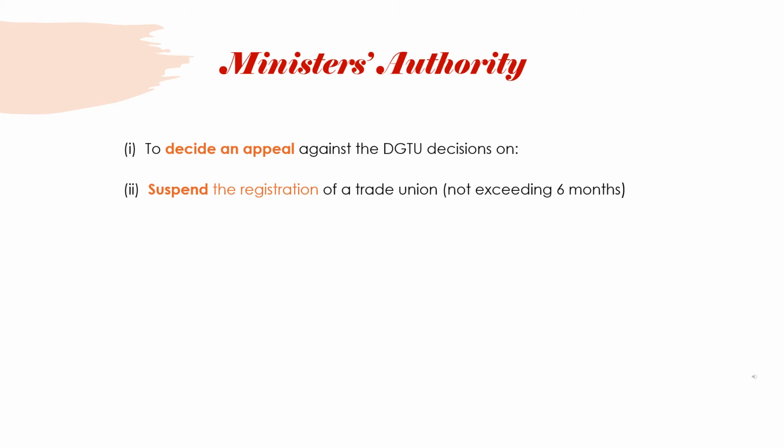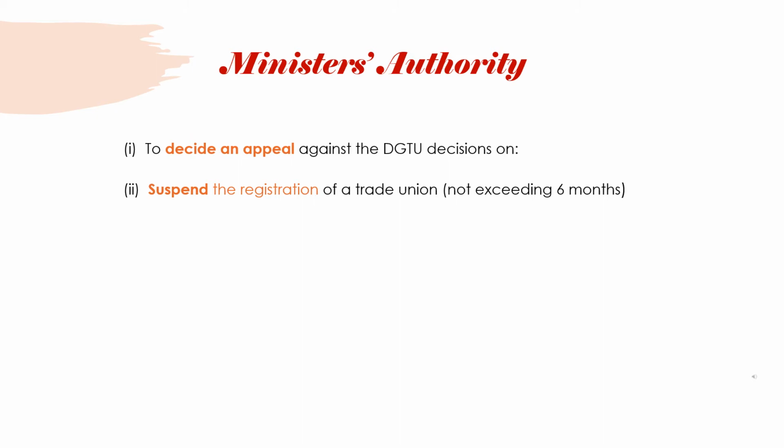The minister has the authority to decide and appeal against the Director General of Trade Union decisions on registration, interpretation of trade union definition, deregistration of trade union, prohibit trade union to conduct any activities pending to deregistration, suspension of trade union branch, removal of trade union members who had been involved in unlawful industrial actions, refuse to accept the appointment of trade union officers and